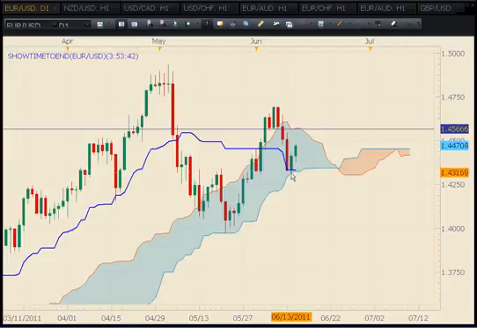But I see this Kumo bounce. Price didn't break the Kumo. The Kumo is flattening out, so the trend has gotten very weak. So this move up might not be very strong. So what I'm looking at is I have an order set in to get in right about here above this